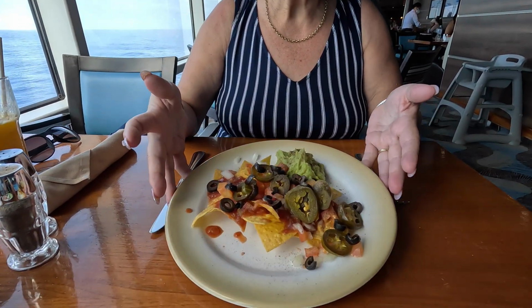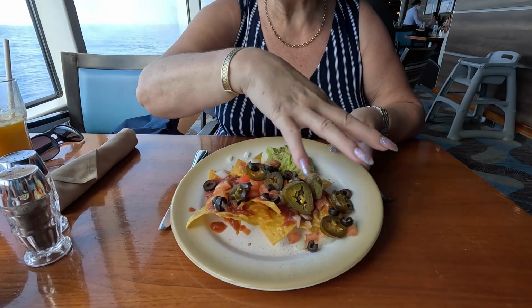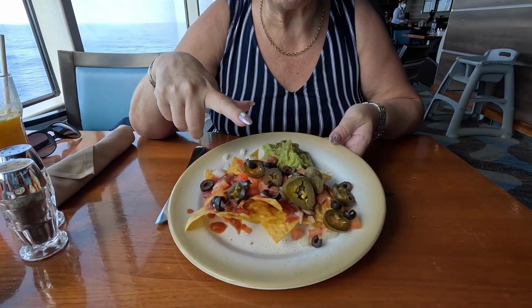So it's now 2:30. All the food is still freshly put out, freshly prepared. So it's not all the leftovers and things. Looks great. Today they've got a bit of a Mexican theme going on. So I have gone for the tortilla chips. Had all the accompaniments, including the sour cream,